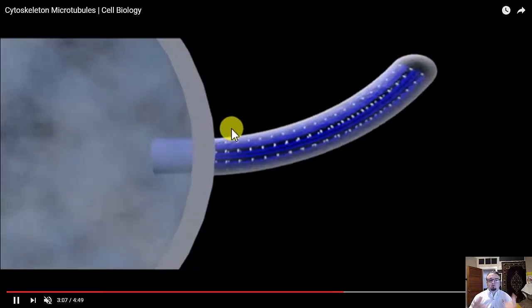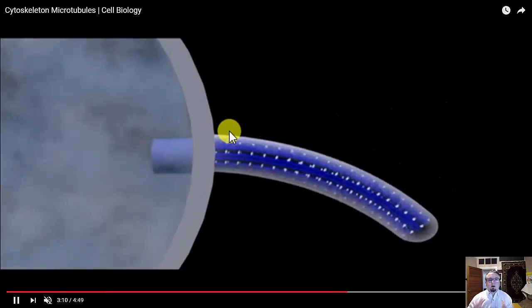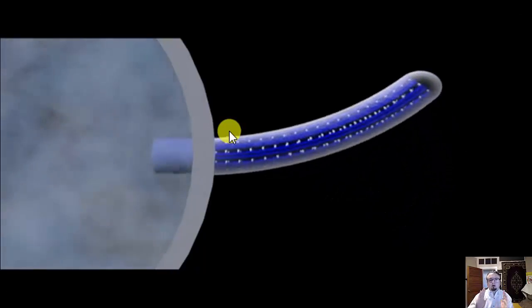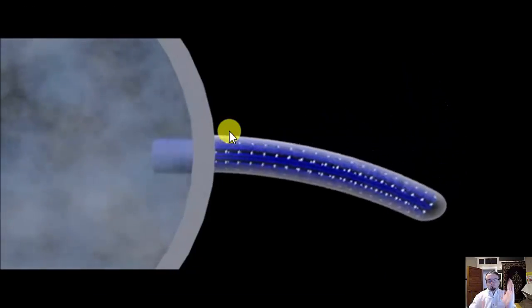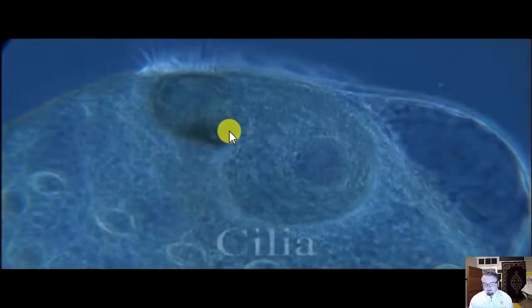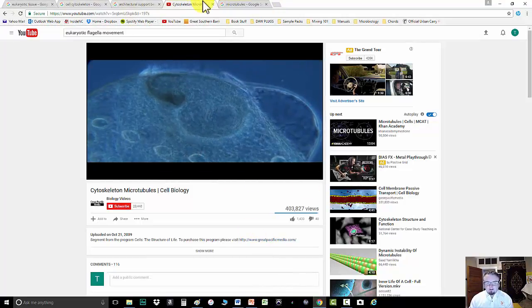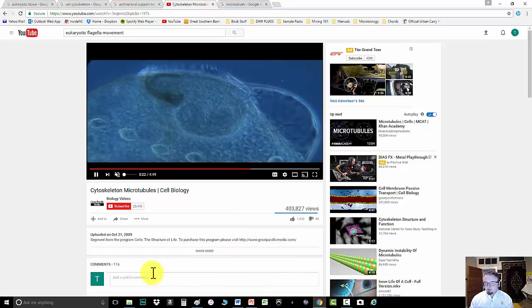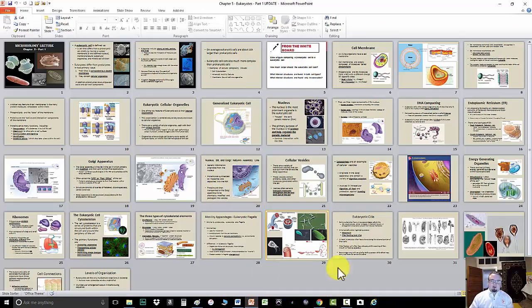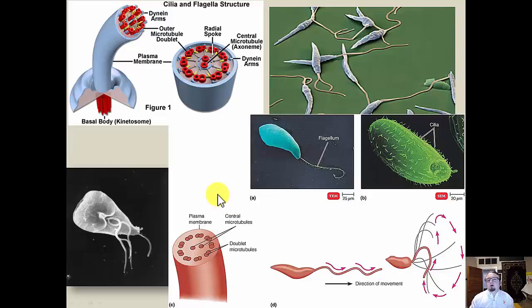And yes, you can come up with all sorts of jokes right now, and I'm sure that's really funny, but that's the idea. So you can get movement based on the sliding of these proteins back and forth, and that can happen in any direction, which gives it a very, very dynamic, three-dimensional sense of rotation. That may not make perfect sense, but hopefully it makes a little bit of sense. So really all I want you to know is the 9+2 arrangement and kind of how that gives us a more complex variety of motion.